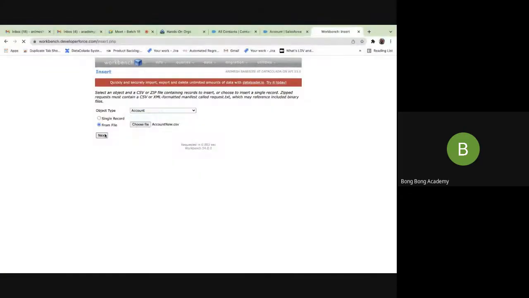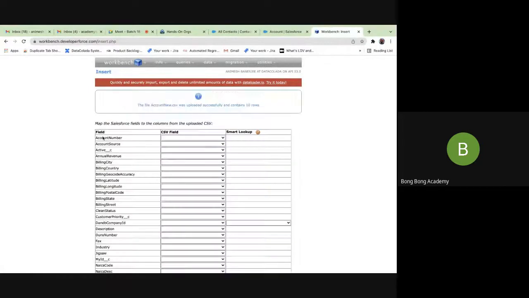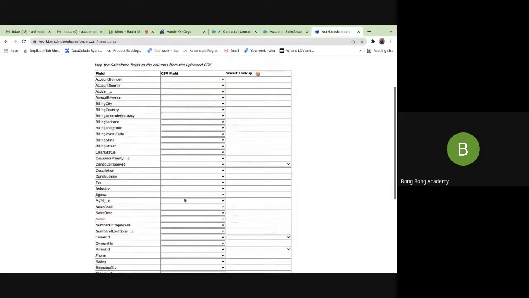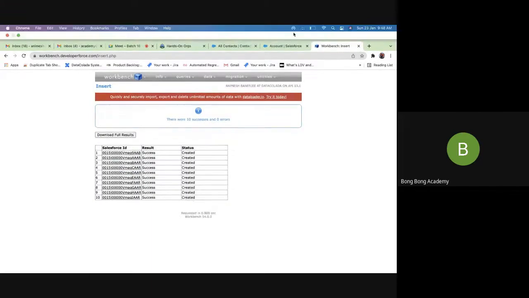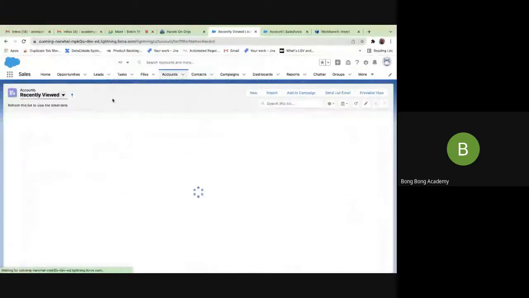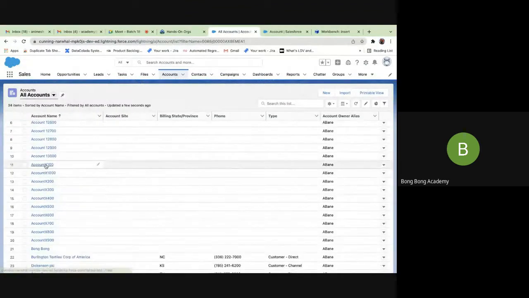Next, this time when I'm going to map, I will now get the name field which I mapped, and my ID field also is showing up. I will now map my ID with my ID. Mapping the fields, confirm insert. 10 records got created. I can immediately verify if I go to account, the X accounts. This one is the X accounts which already got created, right?